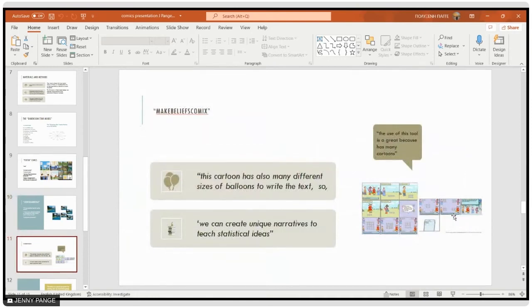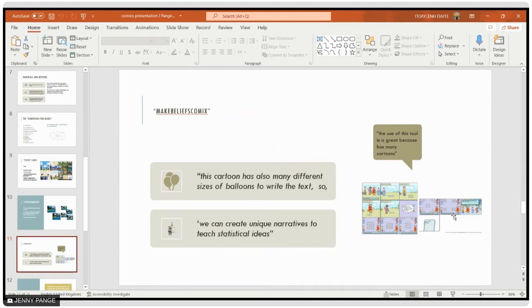In Make Believe Comics, they said that they had different kinds and sizes of balloons. They can write text. It's very good for some students, but not for all young children, because they say children cannot read the balloons very well, although it has many balloons of different sizes, so they can put different letters and they can see different numbers there.